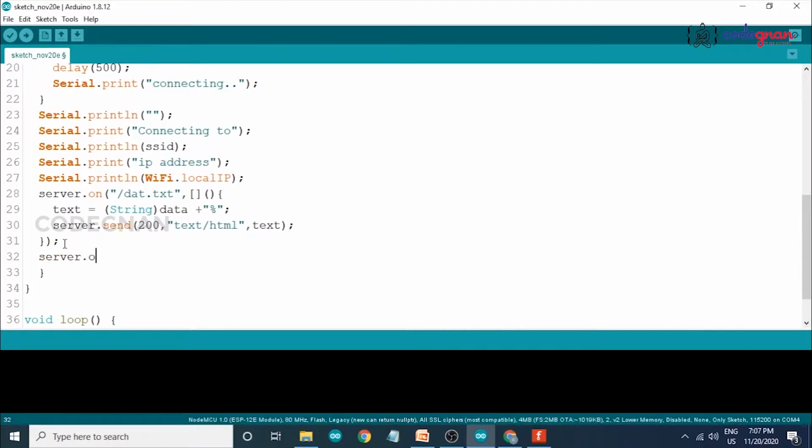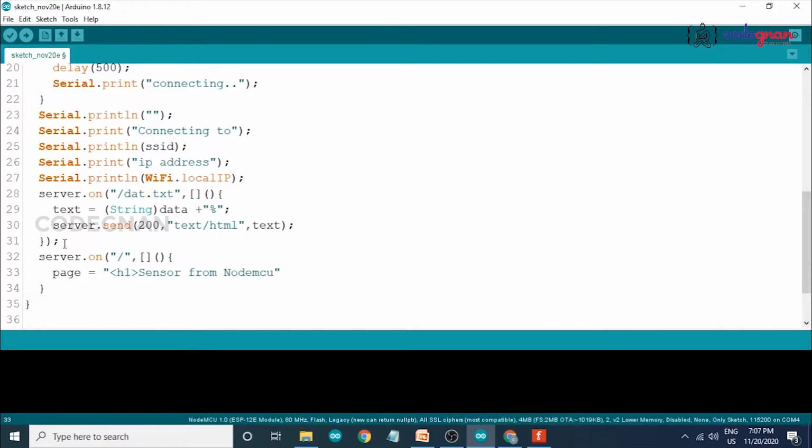server.on, slash, comma, then String page equals, to write our HTML format. h1 for heading: "Sensor from NodeMCU".